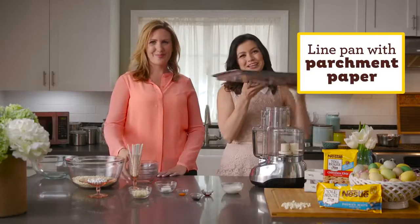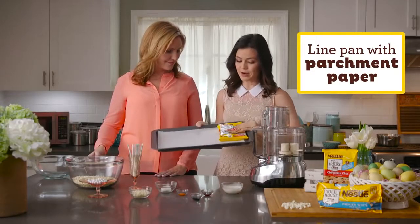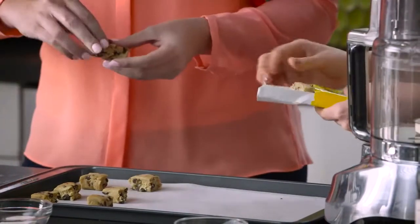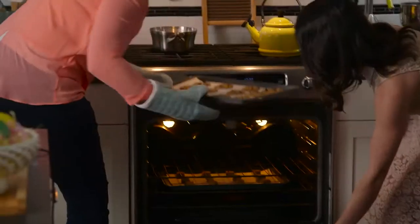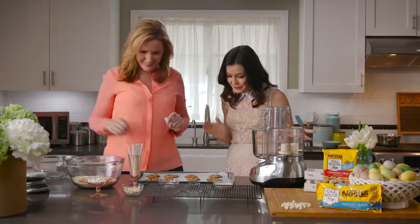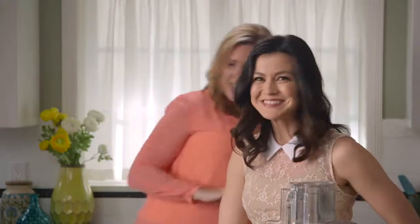Exactly. So next we're gonna take our pan that we've lined with parchment paper and break off 12 cookies from our NESTLÉ Toll House chocolate chip cookie dough. And we're gonna bake them according to the directions on the back. Oh, they smell amazing. They look amazing too. So we want to take a spatula now, and we're just gonna put the cookies onto a wire rack and